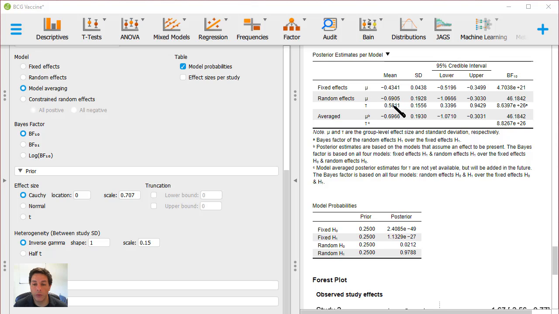And we've got the tau, which is an estimation of the variability of the effect sizes not explained by random sampling. But this is the feature that is nice to have in Bayesian analysis, which is a combination of these two. So we give different weighting to these models based on the Bayes factors,